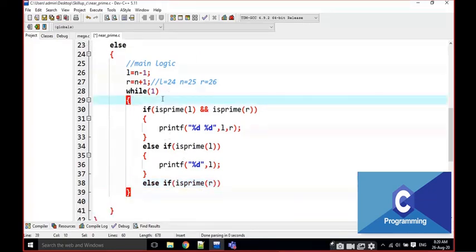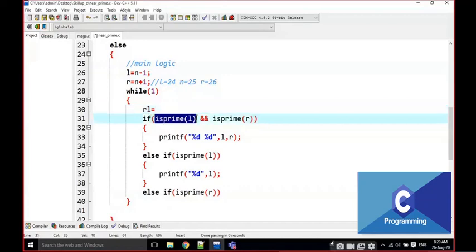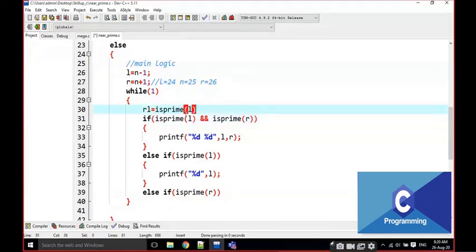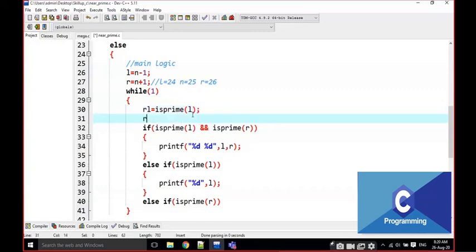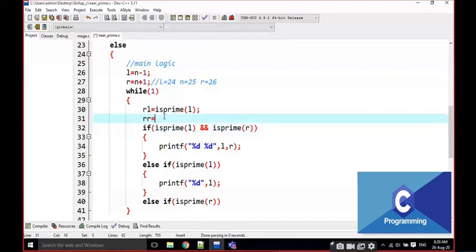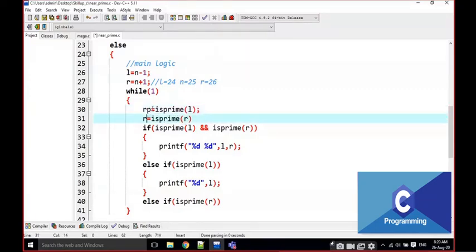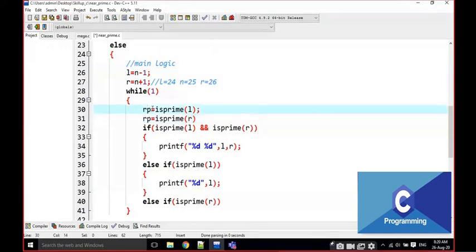Just wait here. Every time I am checking is prime like this, this is not a good one, right? So I will store the results in some variables: the left prime and the right prime.